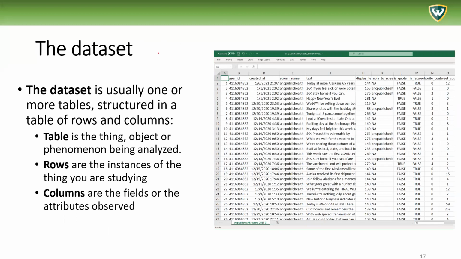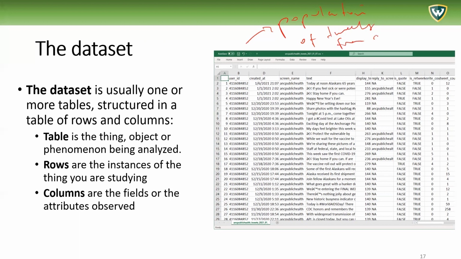The data set, as mentioned, is usually one or more tables structured in rows and columns. So the table is the thing, object, or phenomenon being analyzed. Here I just have an example of a set of tweets from a public health agency. And so the table itself, or the data set, is going to be a set of tweets. And then set is ambiguous, but maybe it is a sample. Actually, here I have the population. I have all of the tweets, and I know for sure because, well, not 100%. It's always difficult to know 100%, but I know that this is probably pretty close to the population of tweets